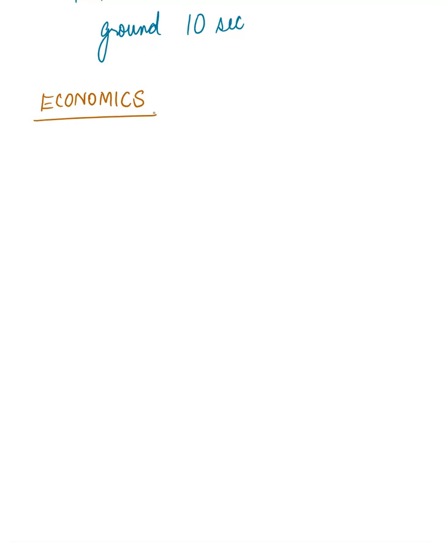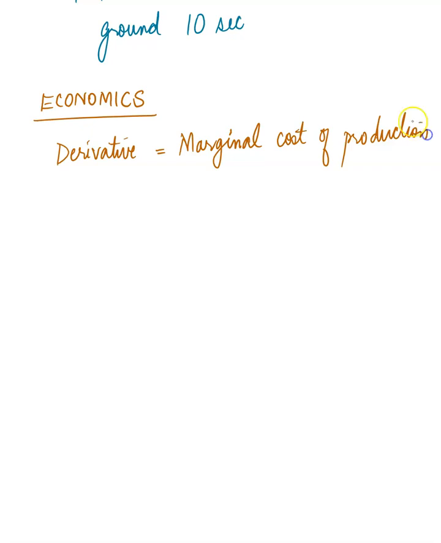And here the derivative, what we call derivative in math, and what we like to refer to as the rate of change in physics, is actually called the marginal cost of production. When it comes to the cost of producing units, okay. So then if C is considered the cost function, and let's say X refers to the number of units produced,